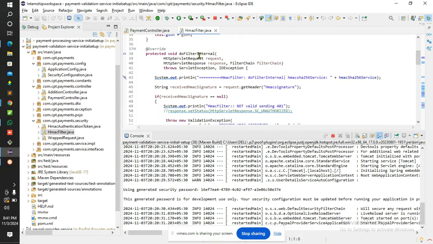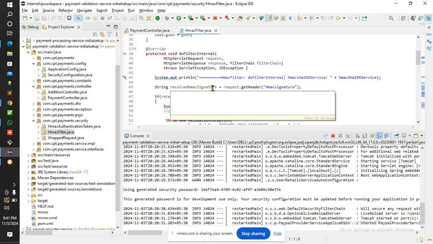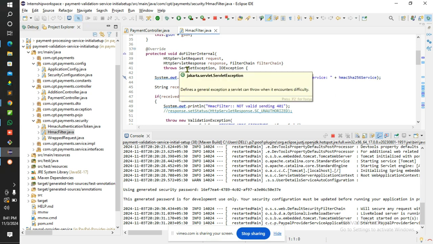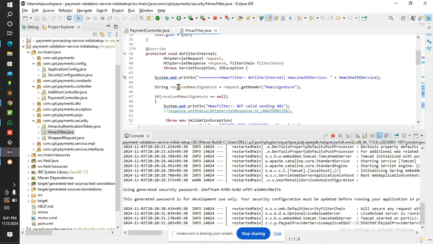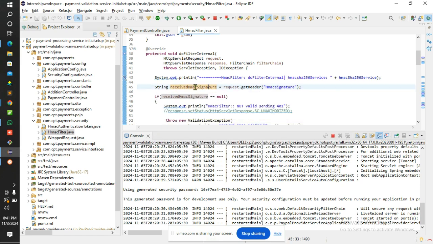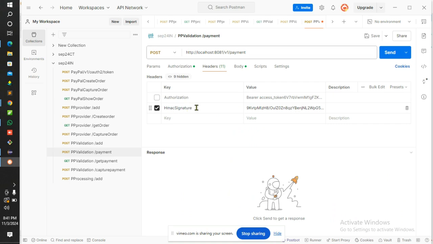This is a kind of filter where the filter chain is going to happen step by step, and here we receive the signature, request.getHeader Hmacsignature. Here in the header section we'll get the Hmacsignature as this,